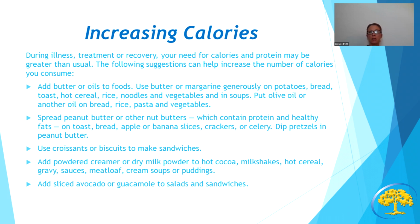So along with all the treatment side effects, the poor appetite and the nausea, it's really hard to get your calories in. But during this time, your treatment and your recovery, your calorie and protein needs are actually greater. So some helpful hints to get more calories into your food is to add more fat from butter or oils. Don't be hesitant about putting generous amounts on your toast in the morning or potato